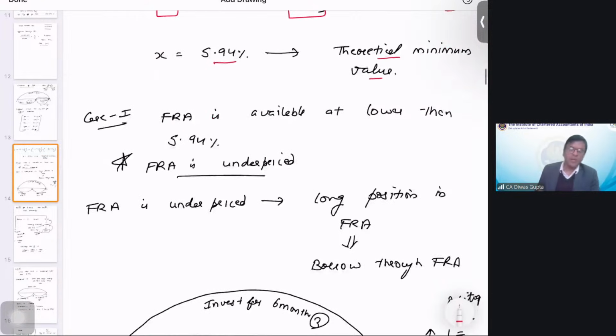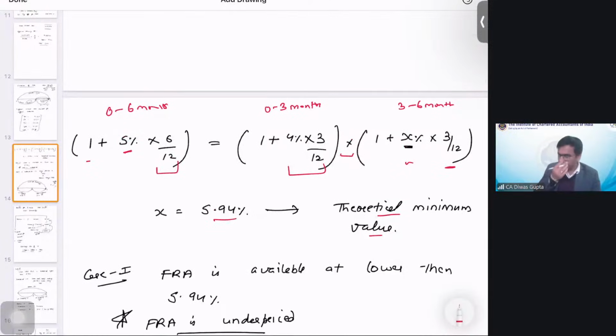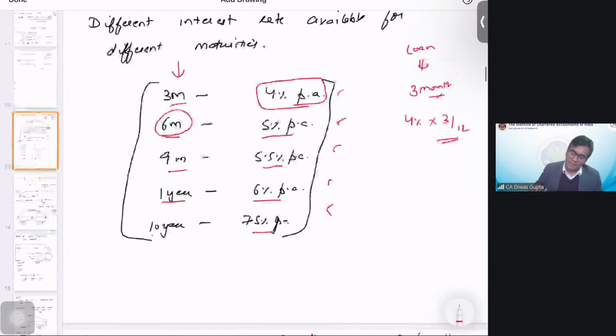Okay. Now, let's talk about the arbitrage opportunities. The first one, if FRA is available lower than 5.94. Now, this is the calculation as per our metrics. Now we will compare what rate FRA is available at in the market. So if FRA is available at lower than 5.94 percent,